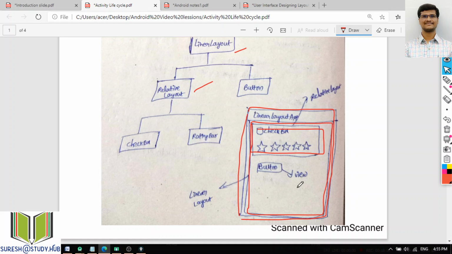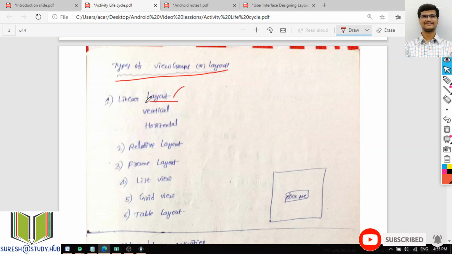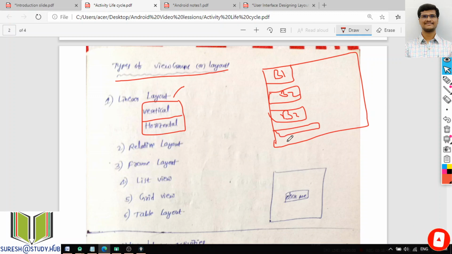So what are the different types of view groups or layouts? We have the linear layout. Most commonly we will use the linear layout, and it has two orientations. If it is vertical, all the components are stacked: first a button will be there, and if you have only buttons, I can have button 1, button 2, and button 3, and I can have an edit text in, say, the fourth position.